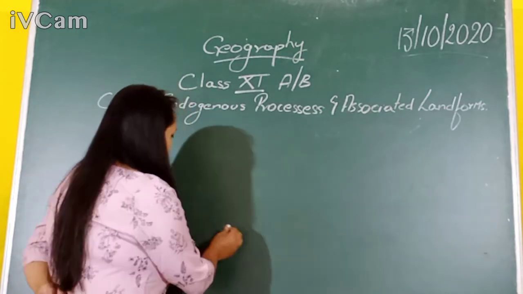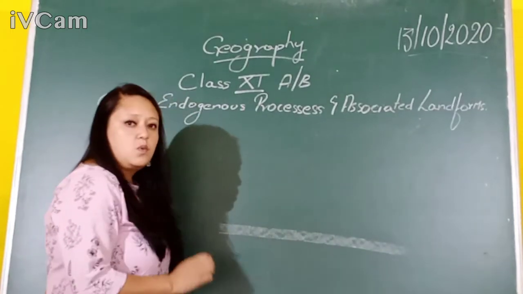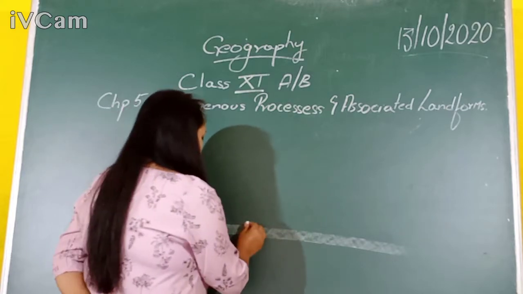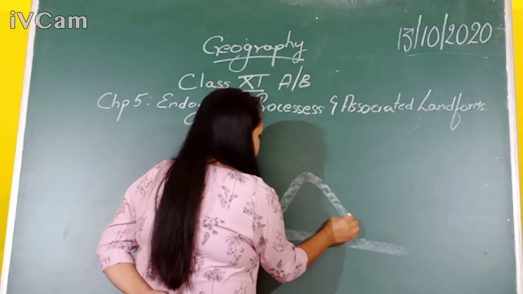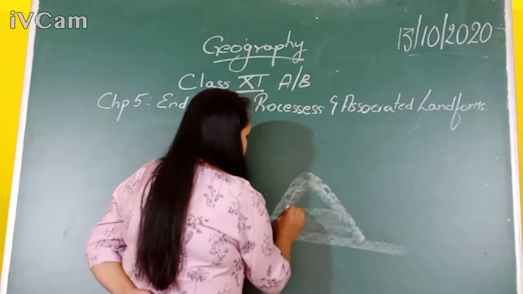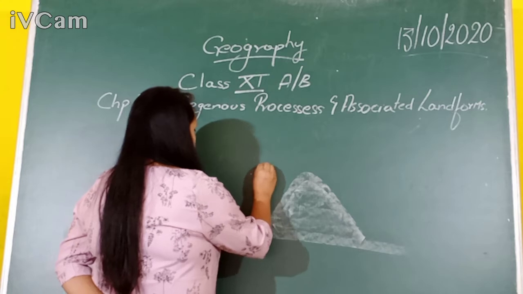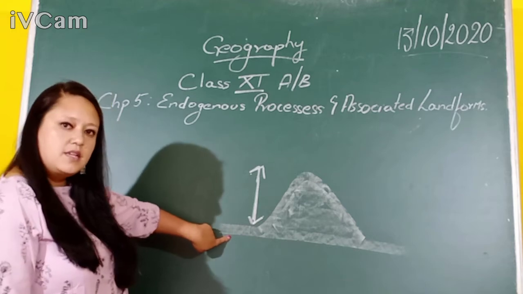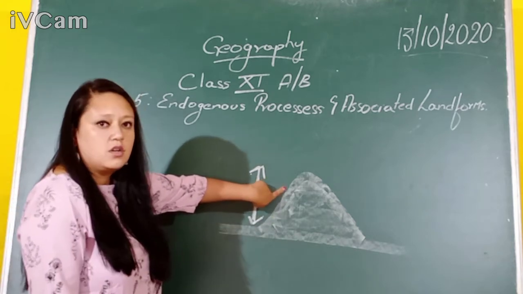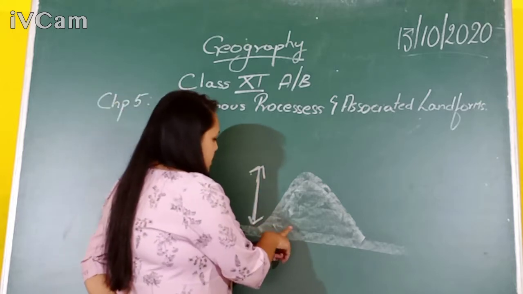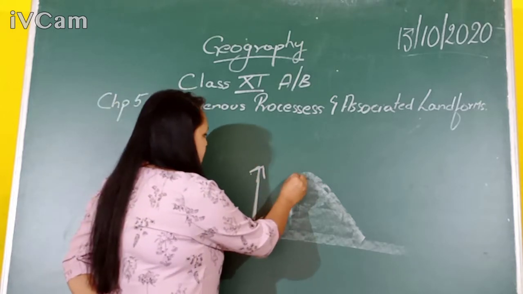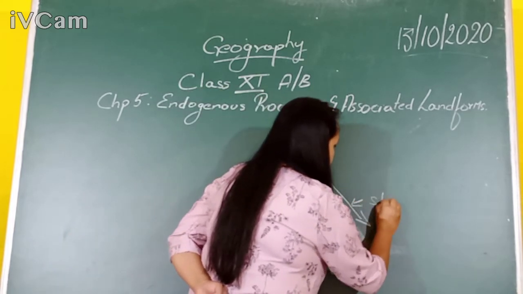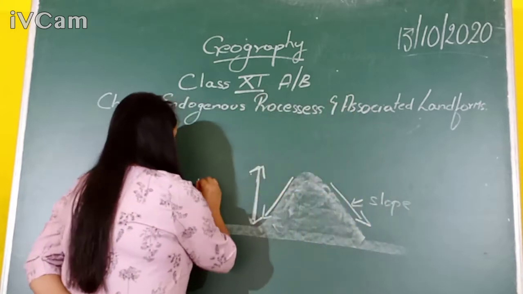Suppose this is the flat surface. Now what is a mountain? A mountain is that part of the Earth's surface which is higher than the surrounding areas. So you can see that this mountain has a height, and the surrounding area is flat. Any structure which has height and inclined sides, that means it is a slope. This is a slope, it has height,